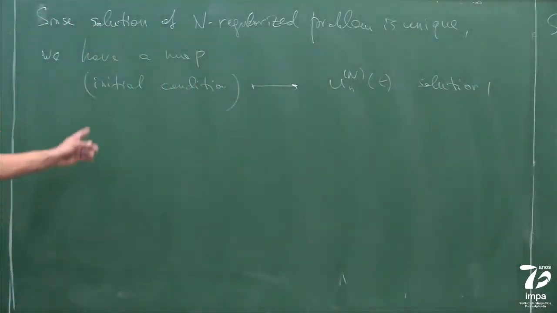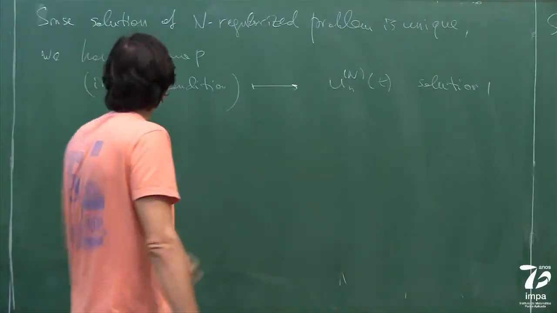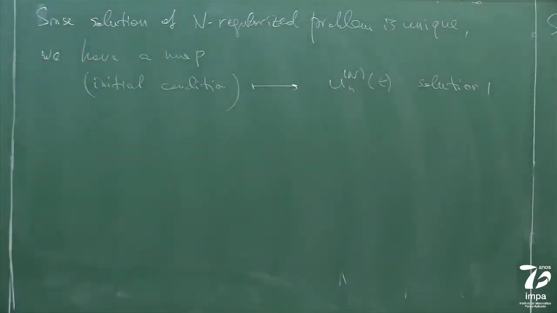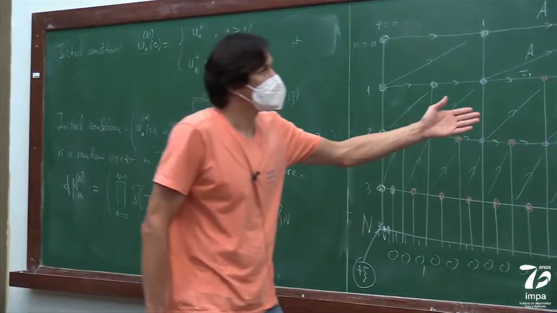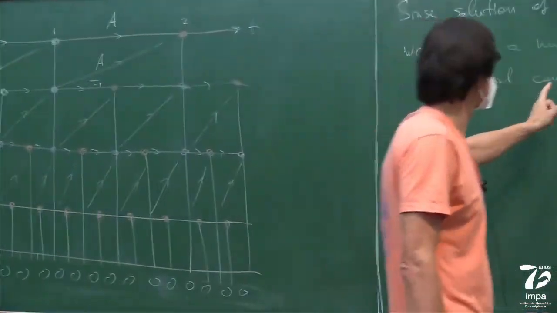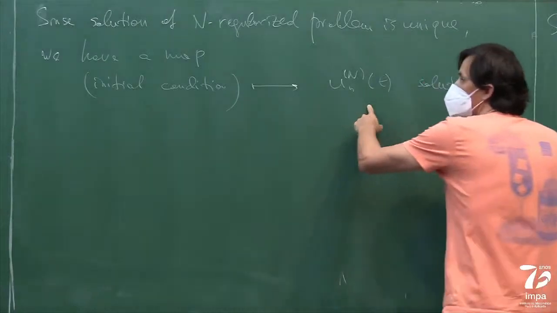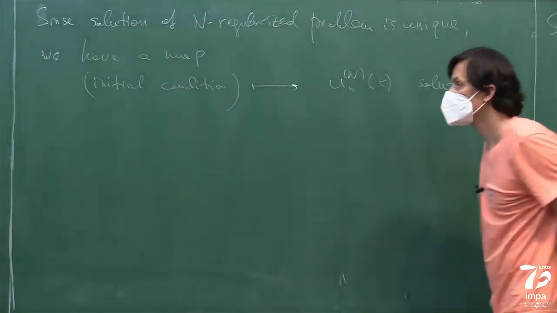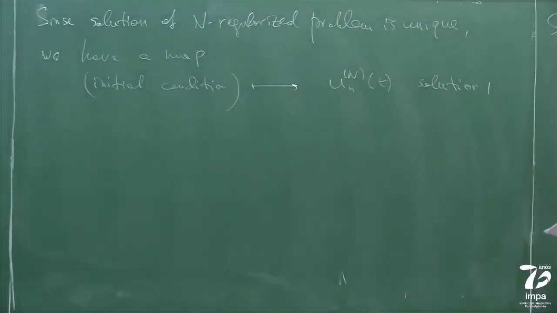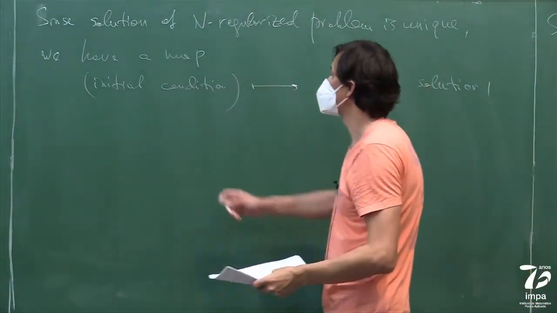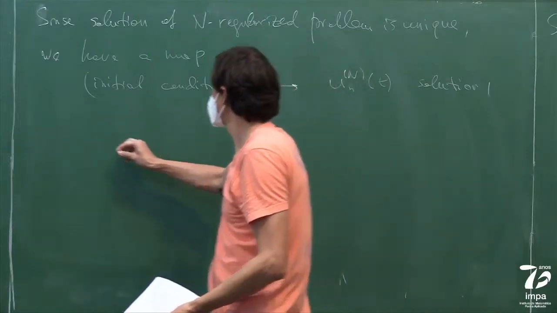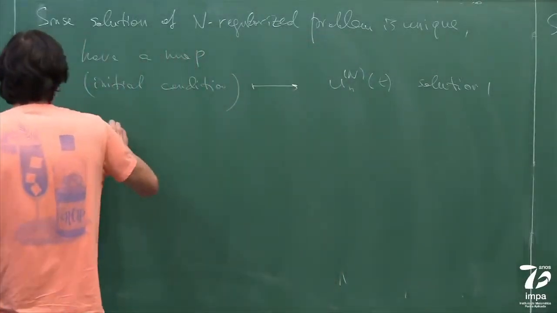So for each initial condition, we have a solution. And the same map can be applied to measures, right? Whenever you have a map which maps a point to a point, and it is a good map, like measurable, then you can also apply it to a measure. So if instead of an initial condition, you have an initial measure,